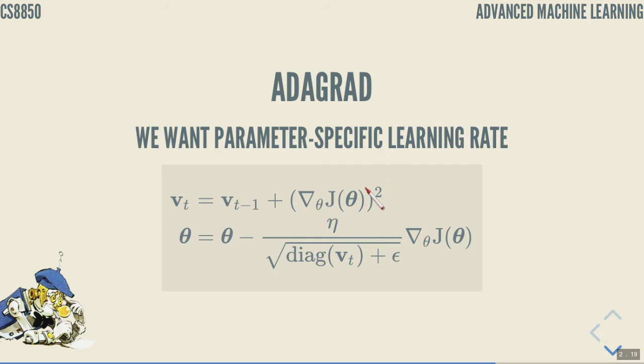So the square of the gradient will be, say if we call this G, then it will be just G transpose G. And we keep accumulating that, and then eta is a single number, and for each parameter,